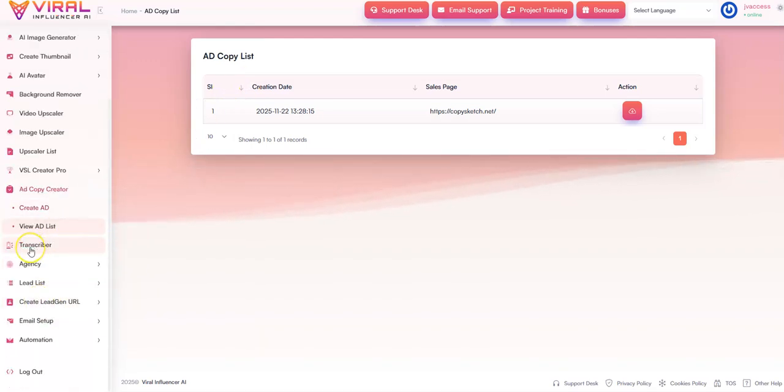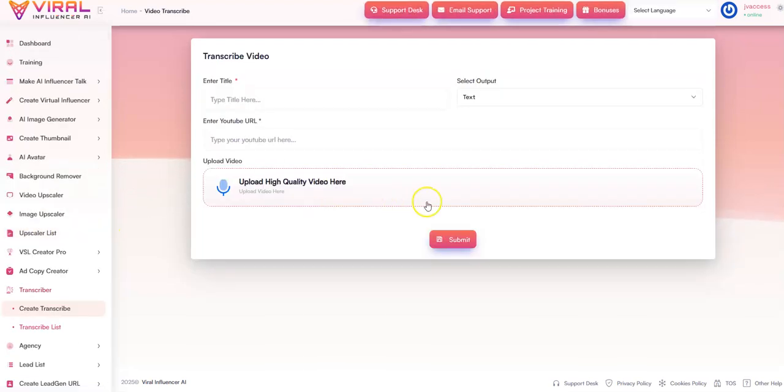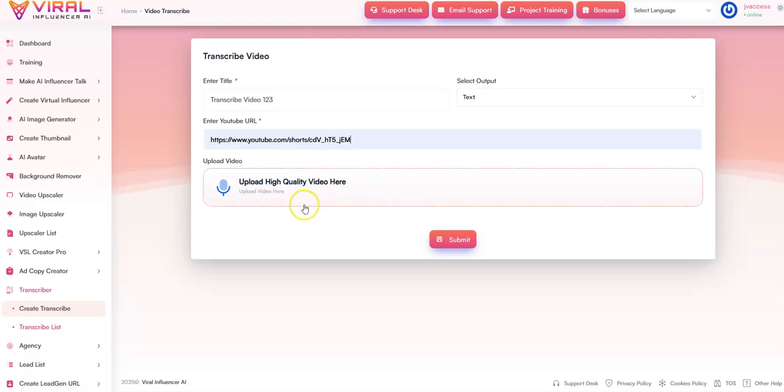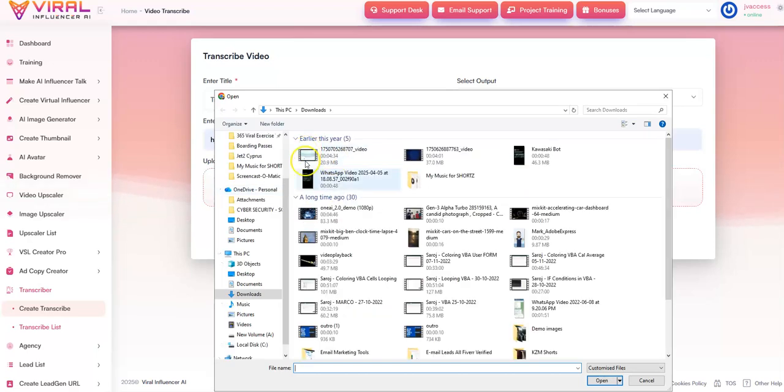And the next option that we have is transcribe, and you can create a transcribe right over here. Okay, so I'll just put that as video transcribe 1 2 3. Output, I'll just put that as text, then a YouTube URL of your choice right over here, and then upload a high quality video over here. So you can then add a video from your system,